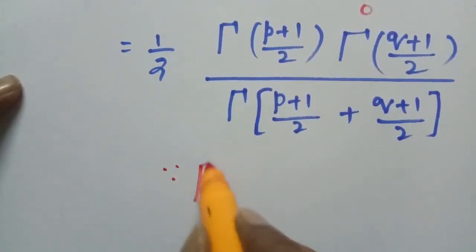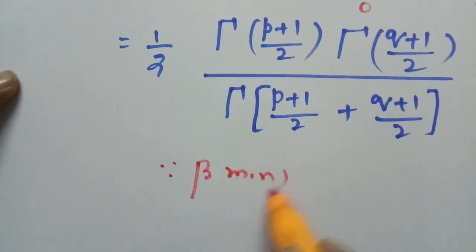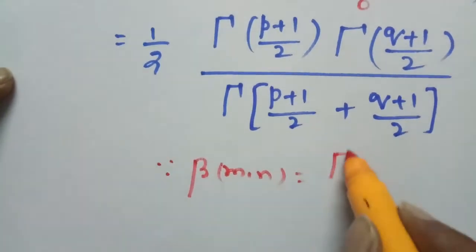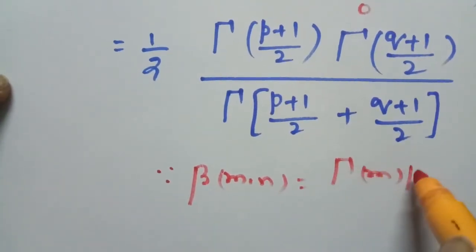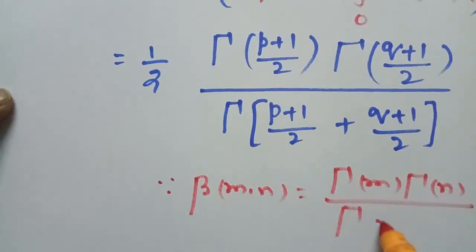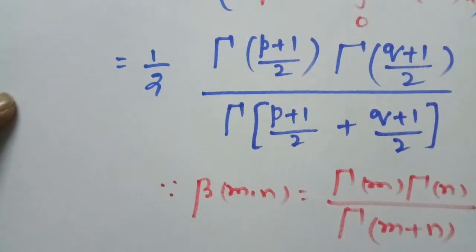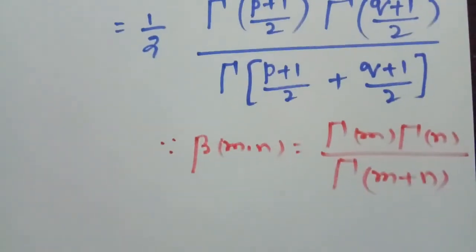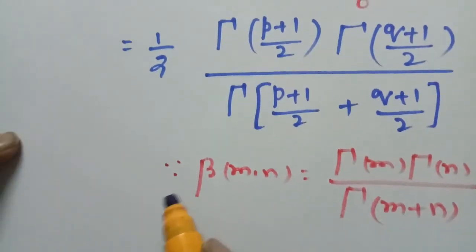This is the relation between beta and gamma that we just proved